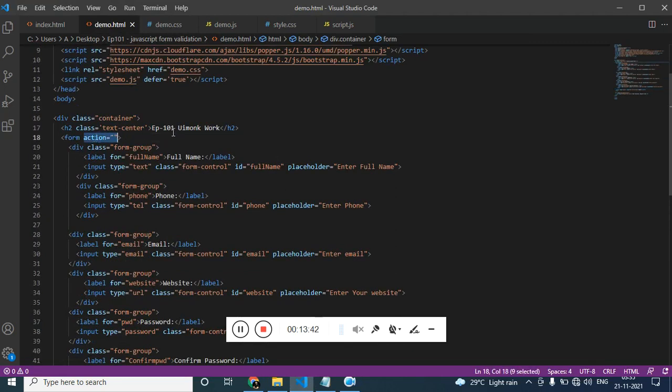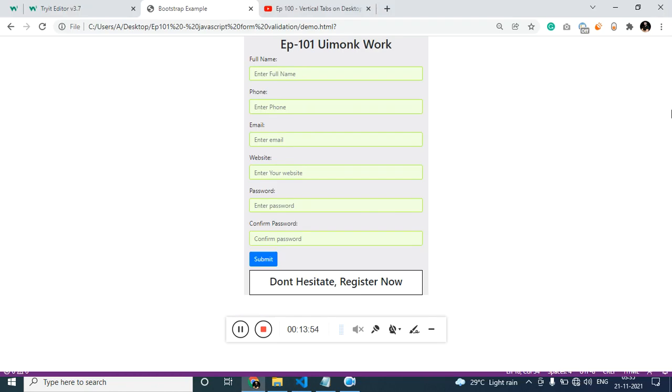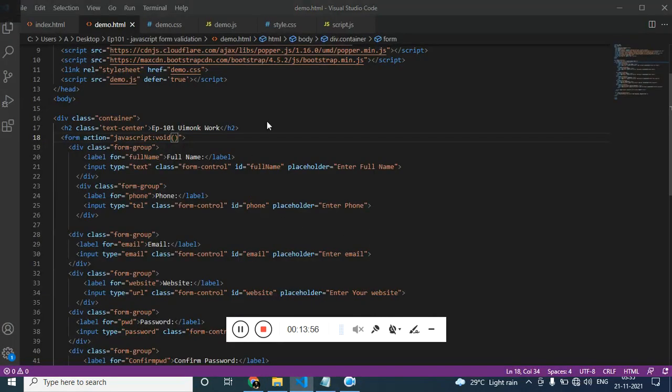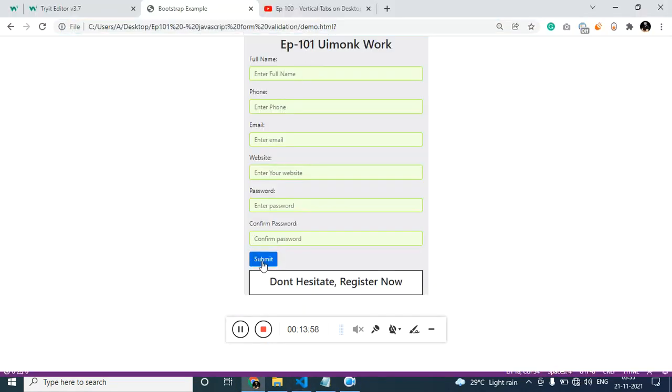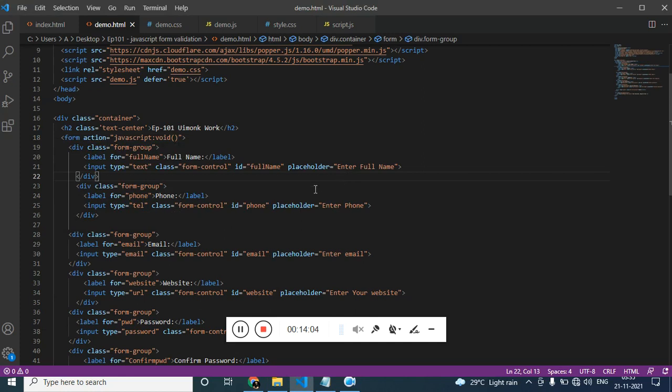Since we don't want to do anything, we can simply add javascript:void. We are saying don't send the input field to any other page. Now if I click on submit, the page will not refresh. If you see, I'm clicking it and the page is not getting refreshed.